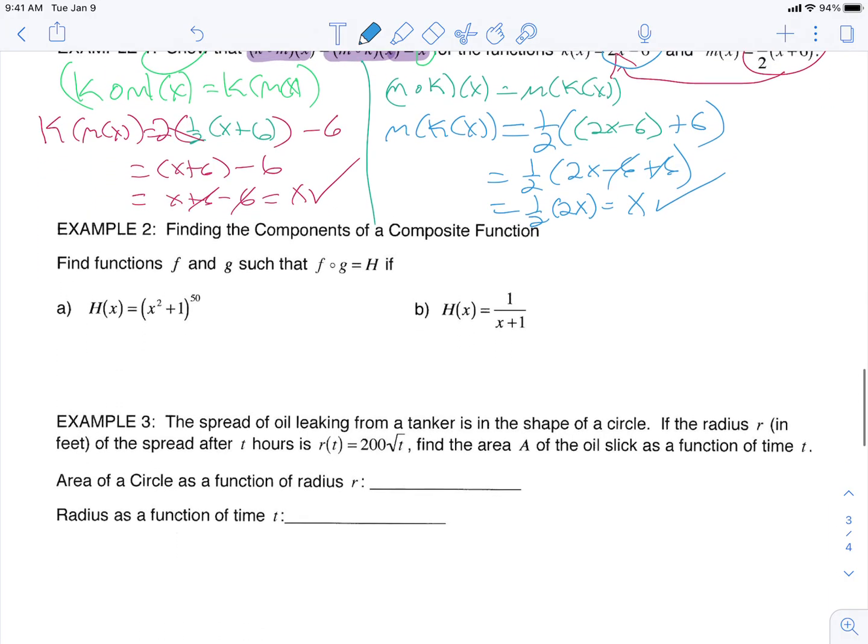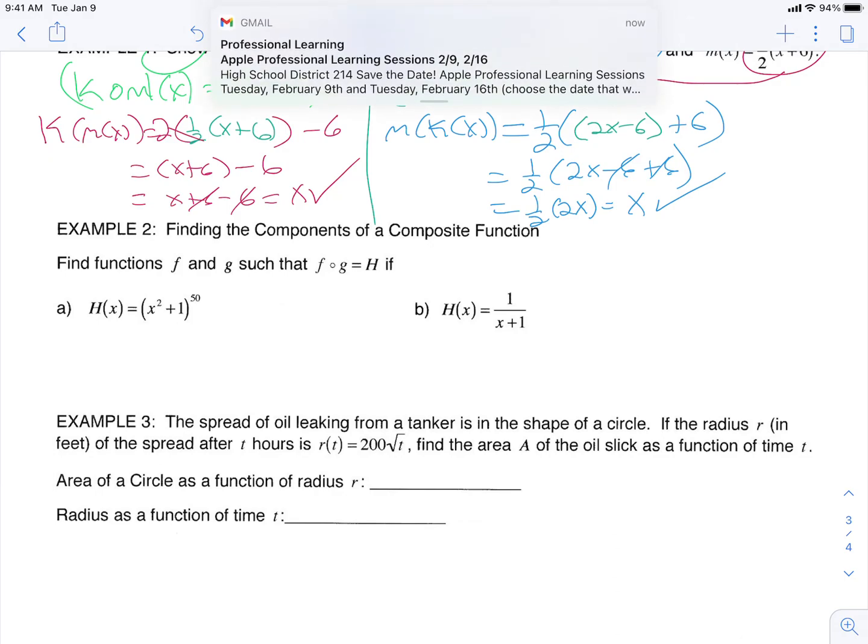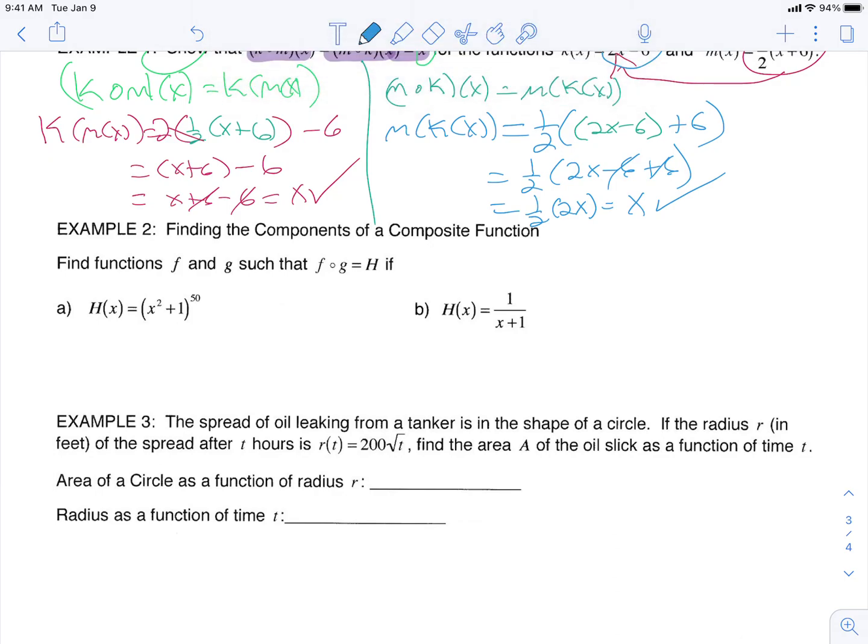All right, I love questions like example 2. You're going to see this on a test for sure. Okay, so find functions f and g such that f of g of x is equal to h of x. h of x is the final result, but h of x is composed of two other functions, f of g of x. And what we need you to do is use your trained eye to see what that inner function could be that I could substitute in there